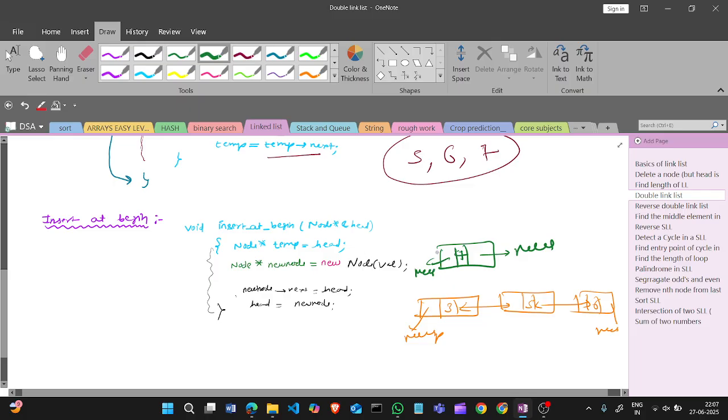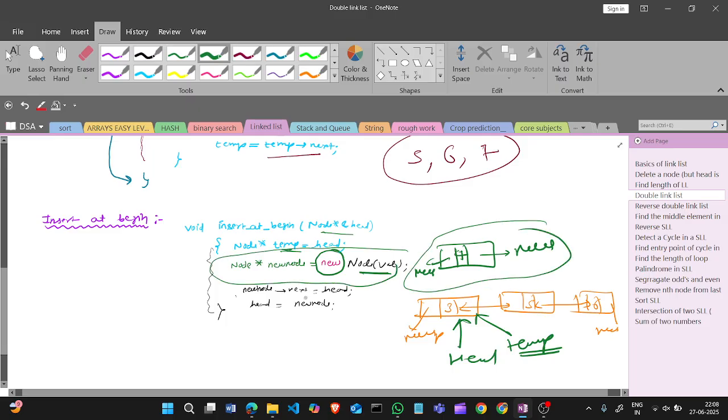So how will this be created? If we run this function, then it gives a head, and temp is also head; temp is pointing to the same node which the head is pointing to. We will create the new node; new is a keyword, remember this, it will create a memory segment of node structure type in the heap. We will pass the value, then by this line we created this.